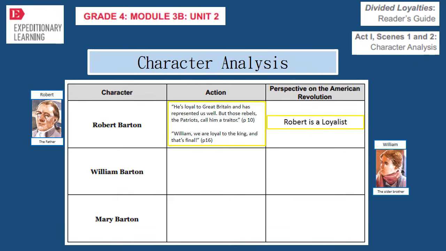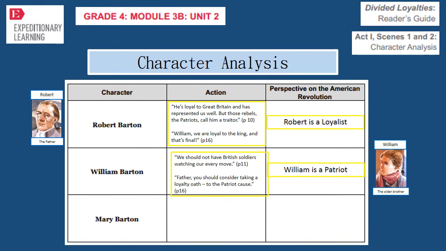William Barton, Robert's son, said things like, we should not have British soldiers watching our every move. That quote was found on page 11. And, father, you should consider taking a loyalty oath to the patriot cause. And that quote was found on page 16. These quotes help us figure out that William is siding with the Patriots. His viewpoint or his perspective is that the Patriots are on the correct side, that they should be fighting for